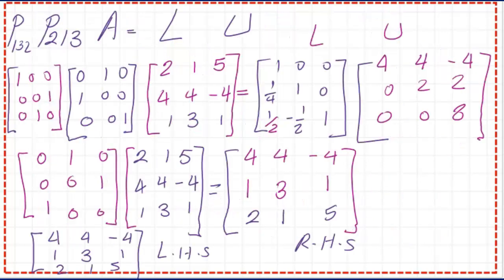Okay, let us check what operations we have performed. First, we have the A matrix. Then we make a swap. We have swapped so that the second row becomes the first row. From the left, we have multiplied by what's called P213. Instead of 1, 2, 3, we have 2, 1, 3, which means that the first row is the second row, followed by the first row, and then the third row.